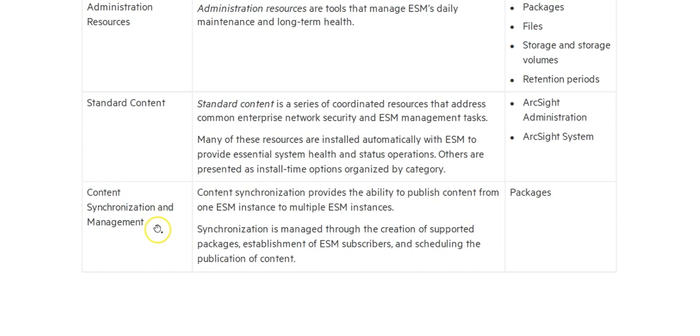The content synchronization and management. This content synchronization provides the ability to publish content from one ESM instance to multiple ESM instances. This resource is called packages, so you can create multiple use cases, rules, reports, and then export this as a package and take it and import it on